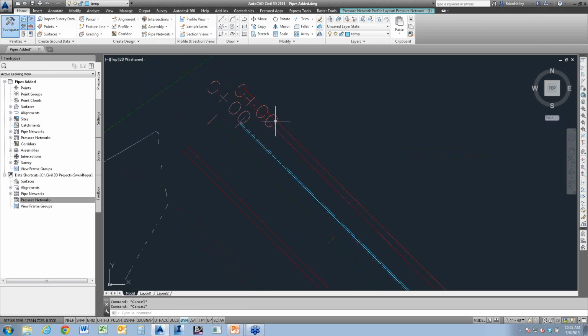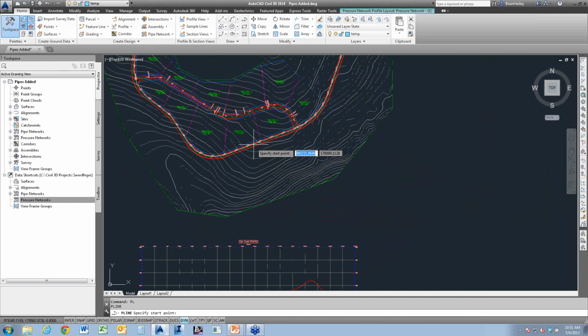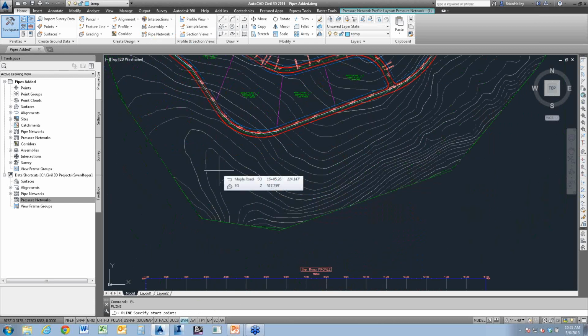And of course, Mr. Tomasi's telling me to try it. So let me try it. Now, one thing to note, you can't add to a network from object. You can only create a network from object. So I'll just draw a polyline. I want this to follow, I don't know, along there.